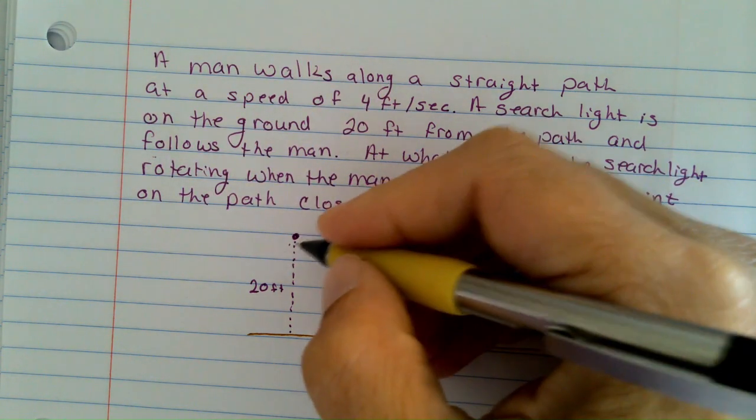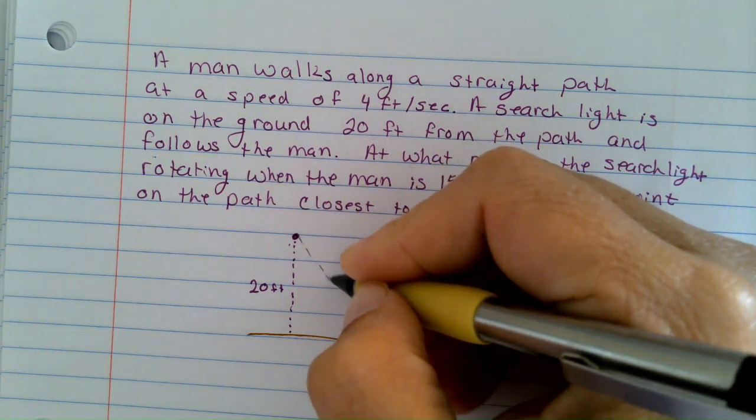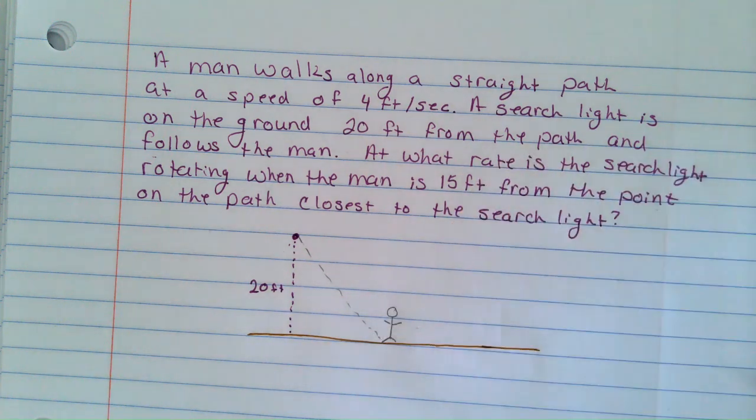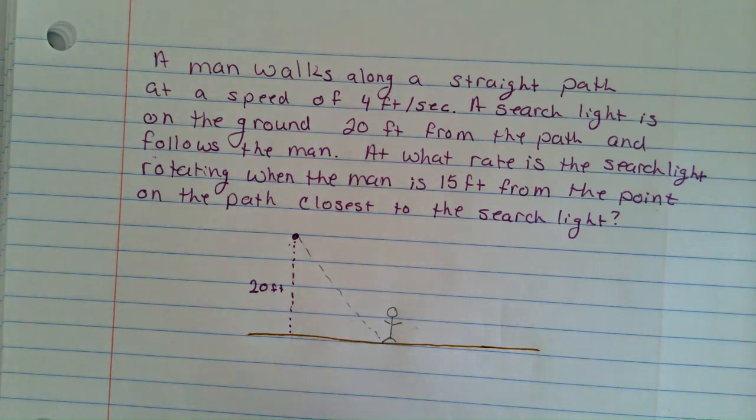So it looks like the light's up in the air. It's really not. It's on the ground. It's just shining at the guy. So keep in mind that this is not a 3D image drawn well. Everything except the guy is flat on the ground. The guy should be standing up off the page, but